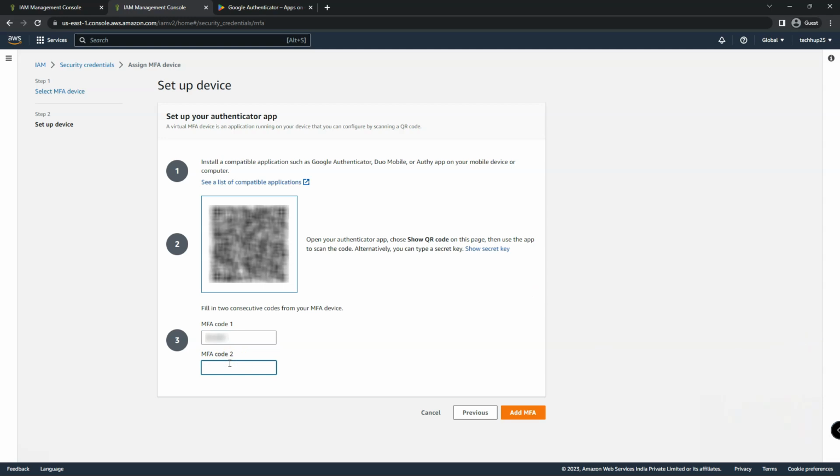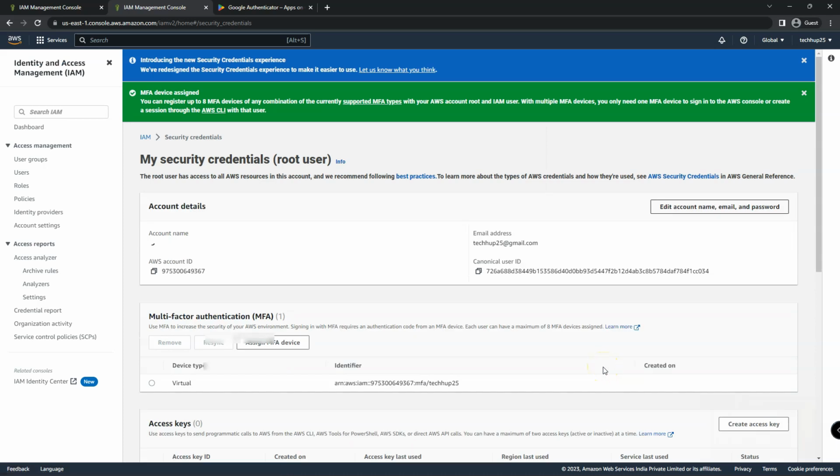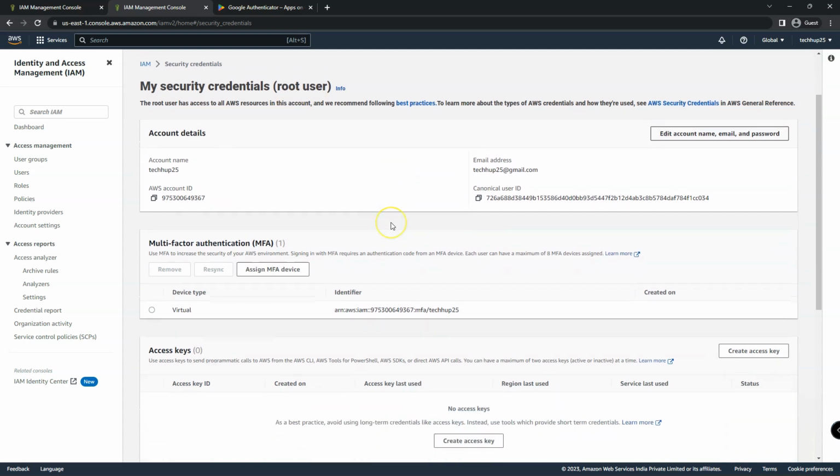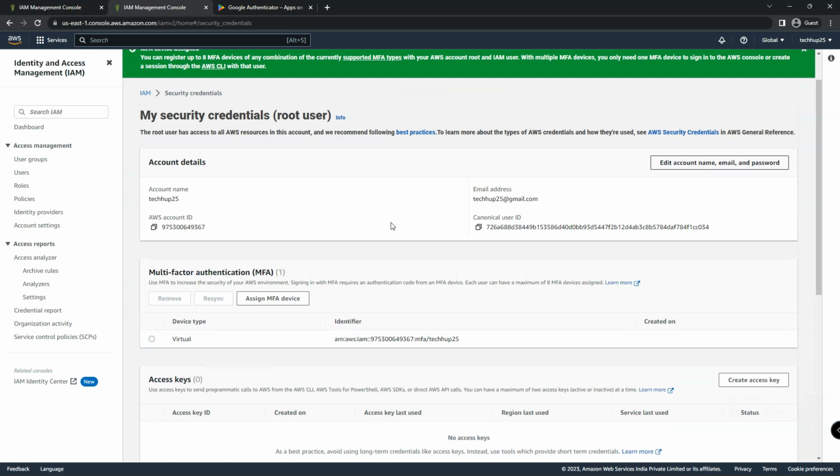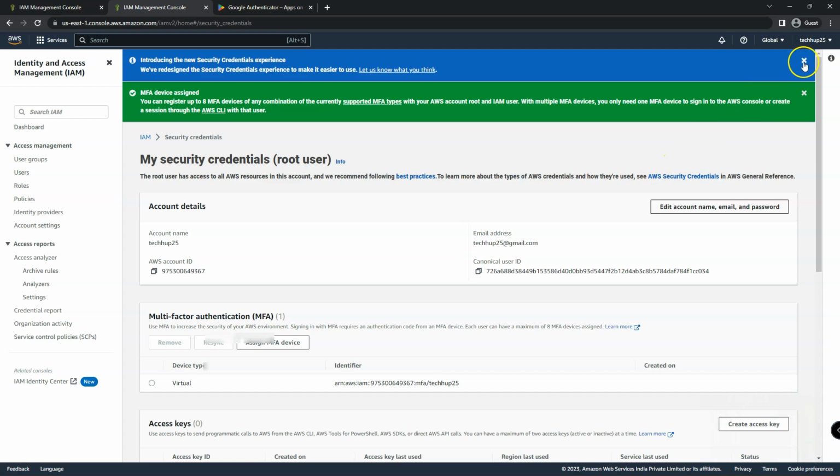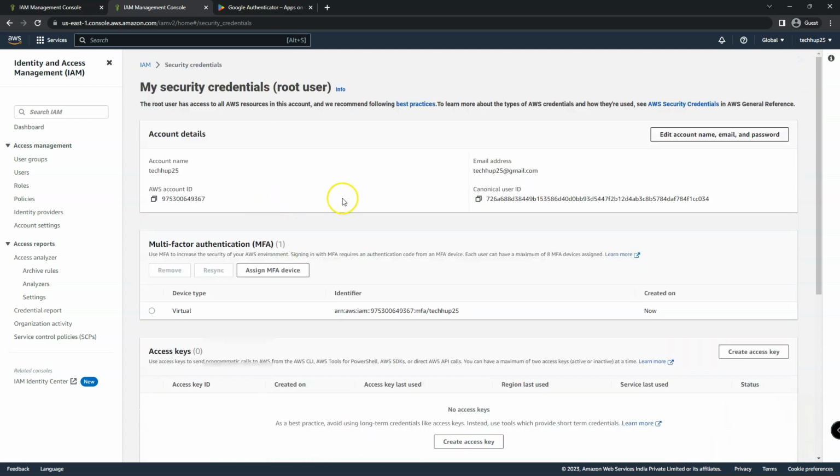So it refreshes in a 30-second cycle. For the next code, you may have to wait for the next cycle. Once you have the refreshed code, you can feed in the code and then click on add MFA. And now you see that your root account with this step has been secured, such that every time from next time that you want to log in to your account, you will have to provide this code from your Authenticator